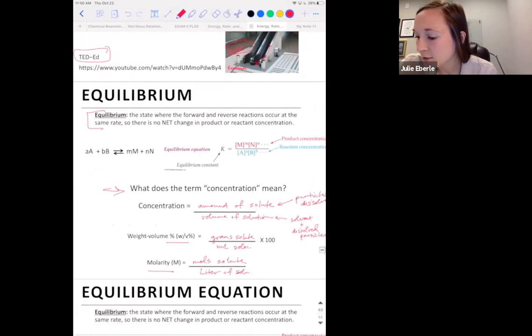All right, so these are examples of concentrations: weight, volume, percent, molarity, and these are just some units. I just wanted you to get familiar with this idea of what concentration is, because we're about to